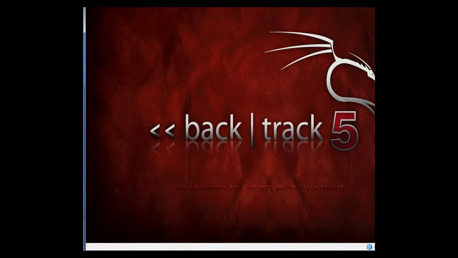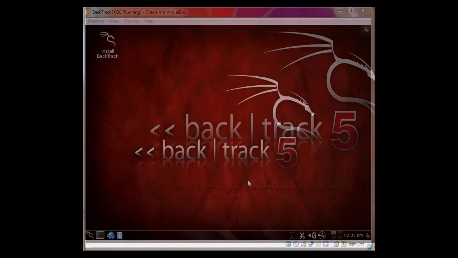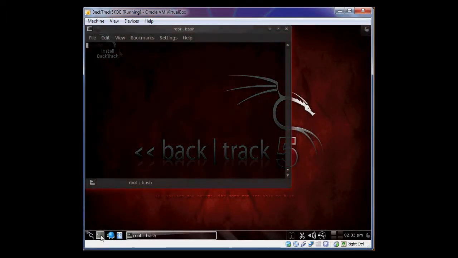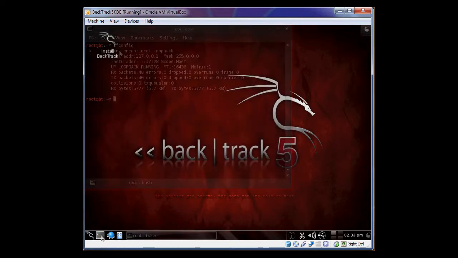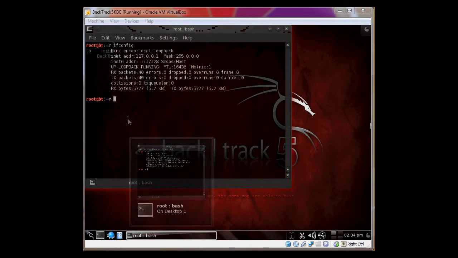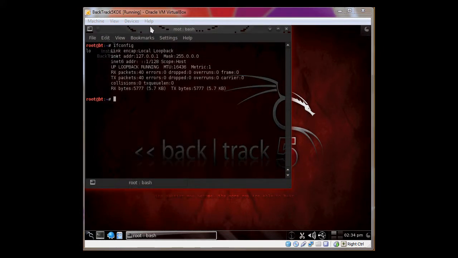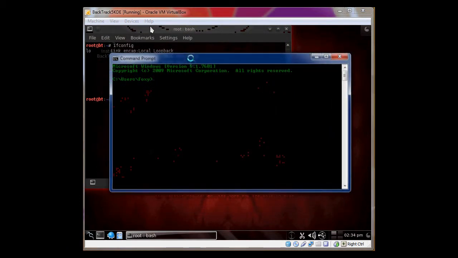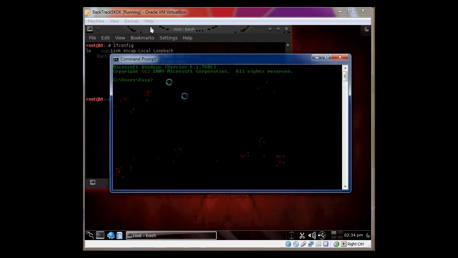Okay, here we go. So reboot. I'll just pause it whilst we wait for it to reboot, and then we'll come back. Okay, here we are back in Backtrack, and we'll start up a terminal. So here we go, ifconfig. As you can see, there's no network card up or anything enabled. So what we first need to do is obtain our IP, default gateway and DNS server, and how we do that is by going into Windows command prompt,